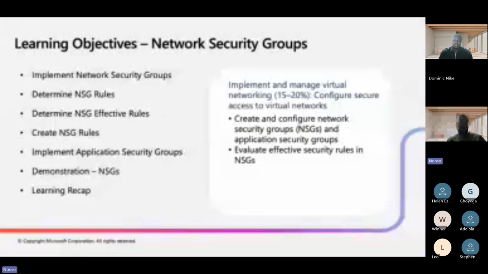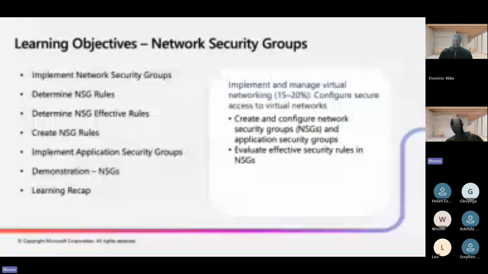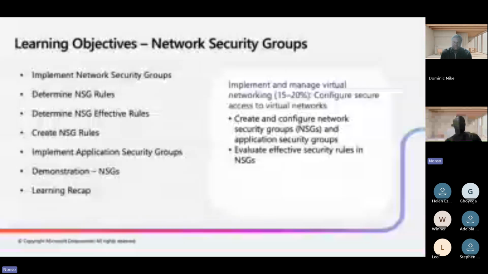For example, if I create a network security group that says, can I allow Helen's VM to talk to Nonsense VM? If I say no, do not allow it, or allow it only on particular ports. For example, I can say Helen's VM can talk to Nonsense VM, but only on port 443. Or, for example, I can say a data factory can connect to Nonsense VM only on ports 445 or 443. These are basically ways you implement